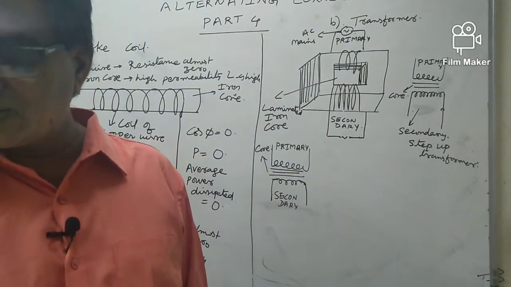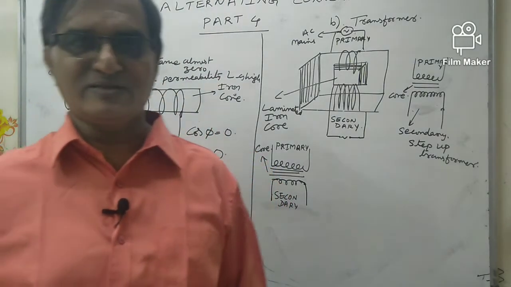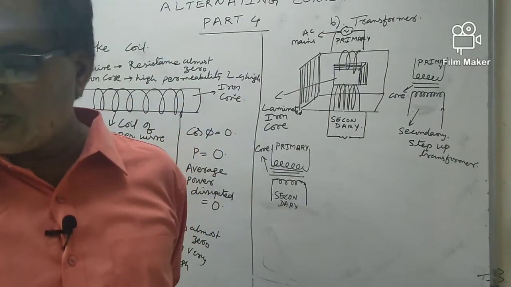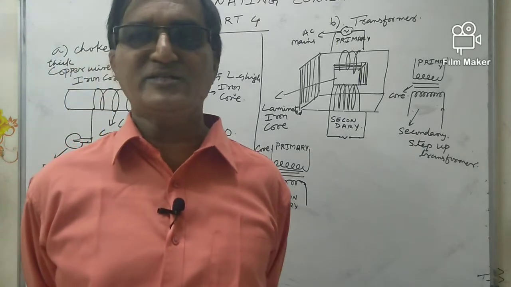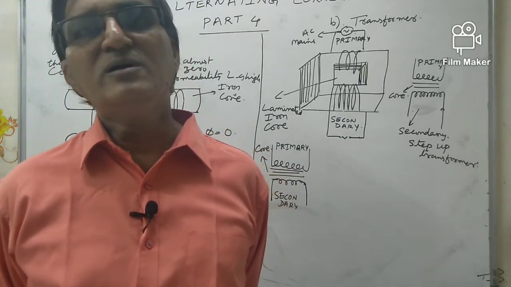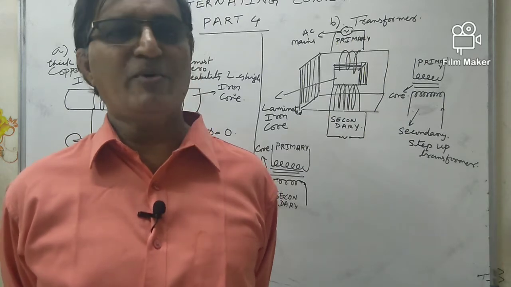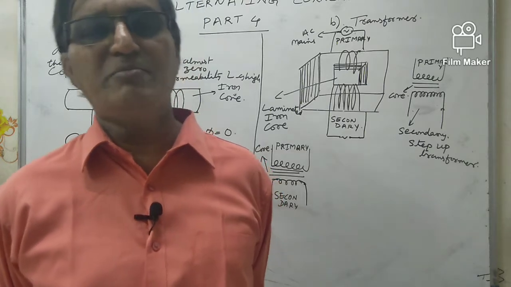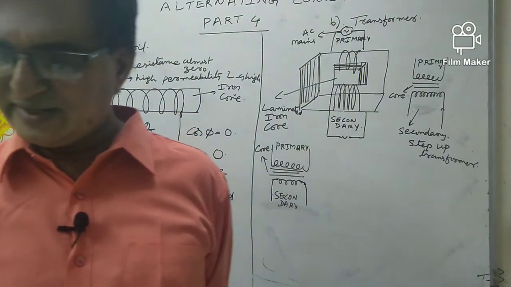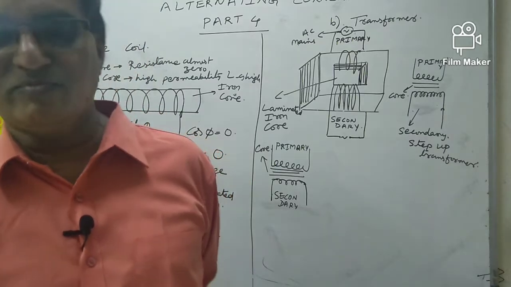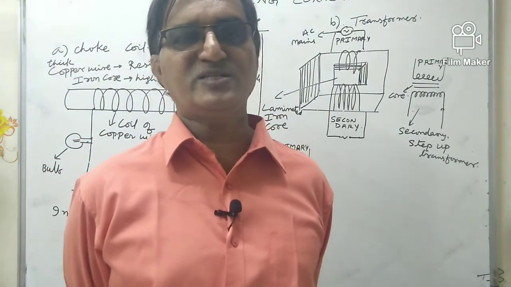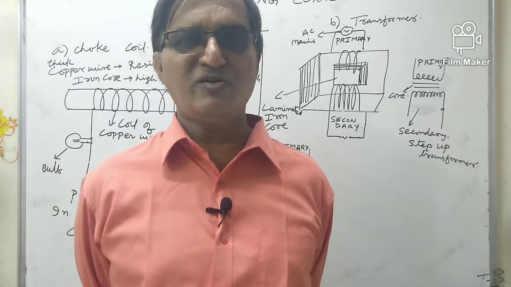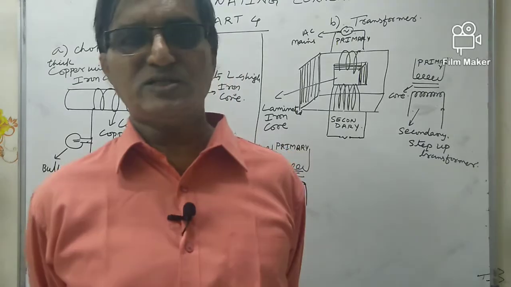Now in this case, heat losses are very less. In the choke coil, the heat losses are very less. So the choke coil is where heat losses are minimum in AC circuits. If you use an inductor, power losses will be minimum. Generally, if you use a resistor, I square R heat loss will be there. But in the choke coil, as you are using an inductor, it is reduced. Choke coil means it consists of an inductor and resistance is almost 0. So that device we call a choke coil.